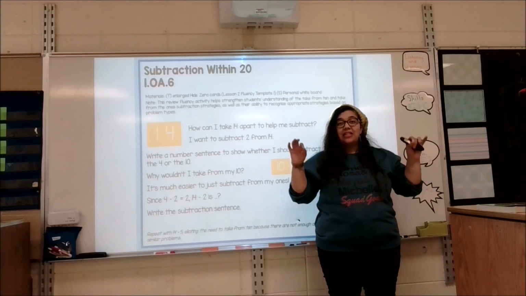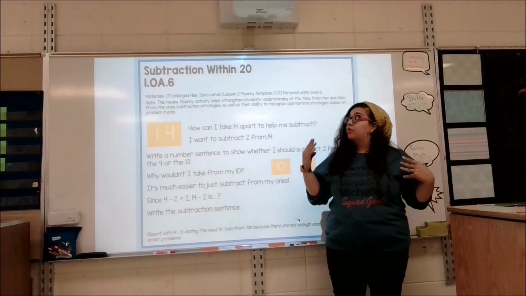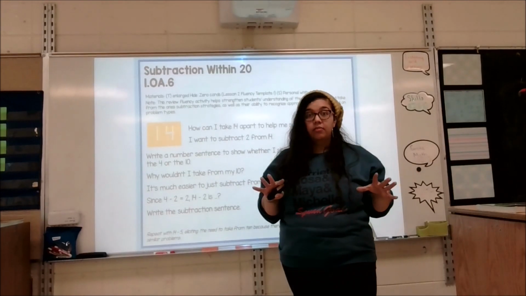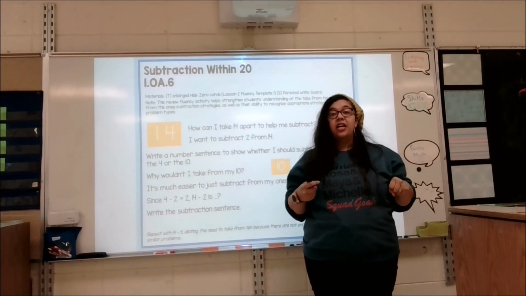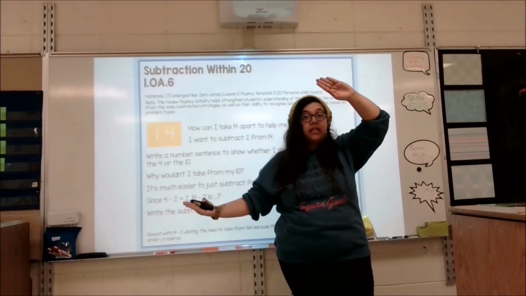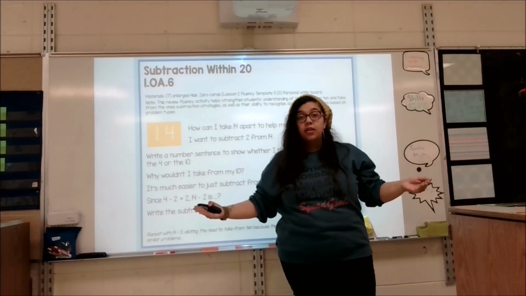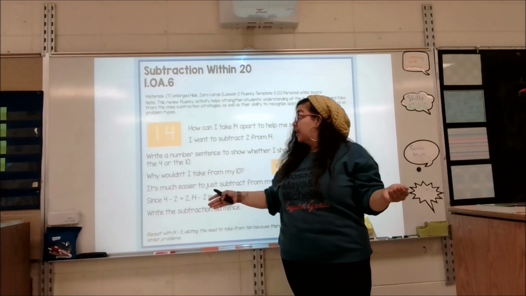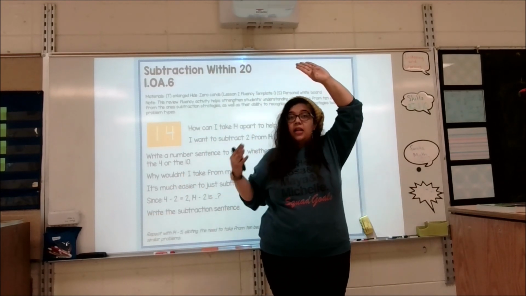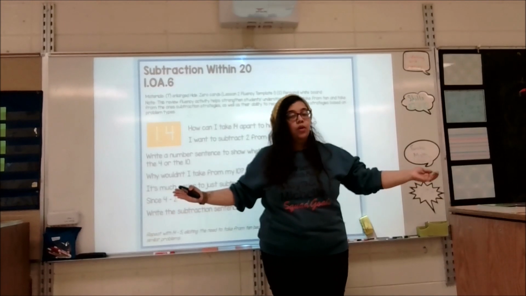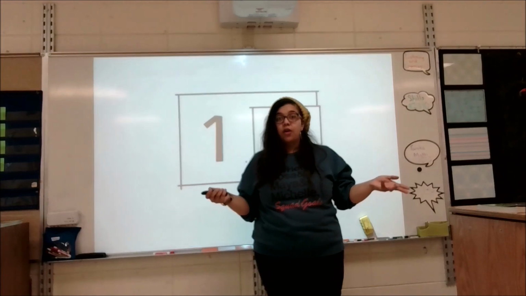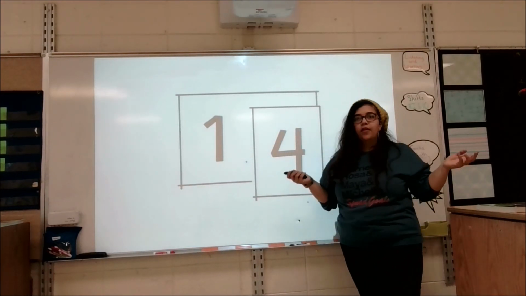Alright, so today's activity consists of subtraction within 20. I'm going to present you with one of the teen numbers, and you're going to tell me that teen number minus 10, or however many tens there are, is equal to the number of ones. So, for example, 14. 14 minus 10 is equal to 4. And that's how it's going to go. You ready? Okay, so our first one, here we go, 14